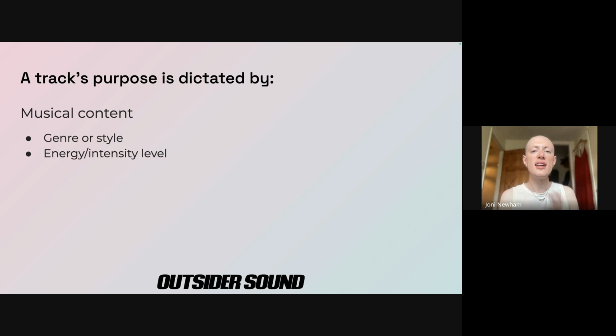We've got our energy or our intensity level, and we're going to dive a bit deeper into this later on. But if we're thinking about what purpose the track is going to play, energy is going to play into that massively, right? If we've got big distorted heavy drums and it's really rhythmic and intense, that's going to help the track to achieve